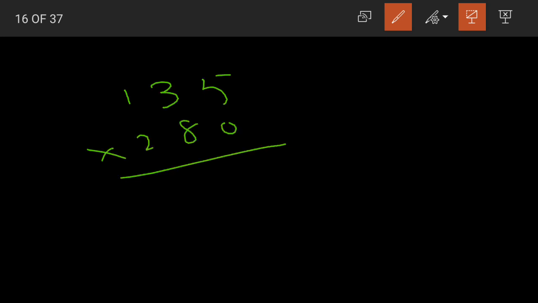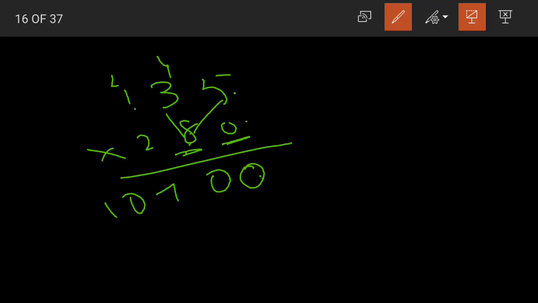Now again the first digit is 0, so I am skipping multiplying with it, multiplying with 8. But before that we need to write 1 0. Yes, 8 5s are 40, 8 3s are 24 plus 2 is 27, 8 1s are 8 plus 2 becomes 10. Sorry, what did I do here? 8 5s are 40, yes, 8 3s are 24, 3 8s are 24 plus 4 becomes 28, yes.